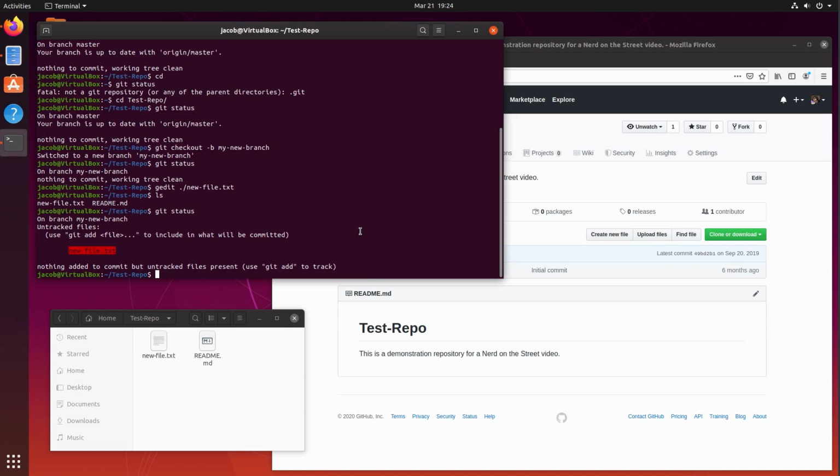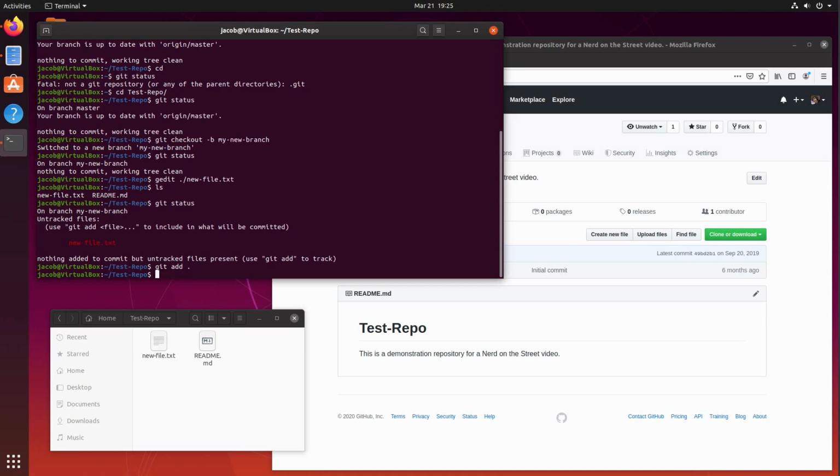However, right now we haven't told Git that we actually want to include this file and push it back upstream. In order to tell Git that, we need to run the git add command. And we can either run git add on /new-file.txt to add just this file, or if you make a lot of changes in multiple different files, but you know that you want to publish all of the changes in the directory at the same time, you can just run git add dot, and that's going to add everything that is currently untracked in so that it's pushed back